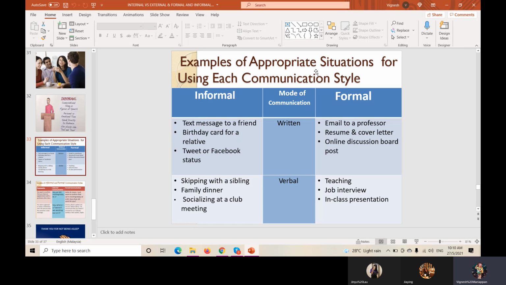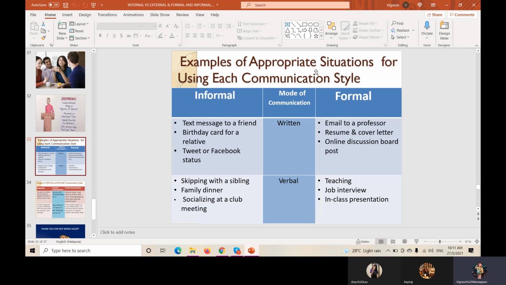Okay, formal means how? Now I'm teaching you all, I'm using the formal way, correct? I share the screen, everything based on the rules of the school, correct? I'm following the school rules. I schedule the call, I post the slides, and after the class I post the video and also the worksheet. I'm using the formal way of teaching. And then the interview is also formal, but using verbal, right? And then you are doing the presentation in the class, also formal.